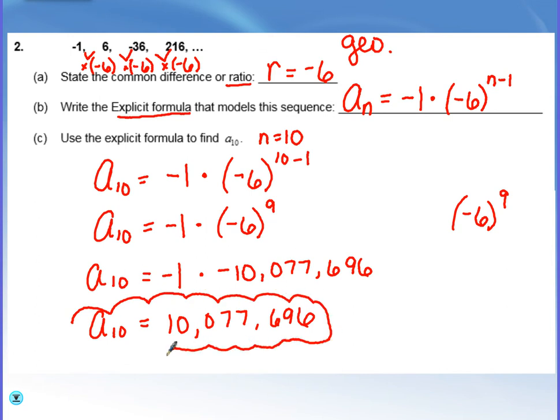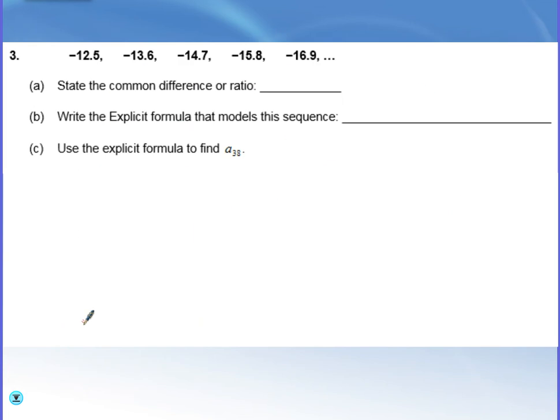Notice we really didn't go all that far, it's just the 10th term, but we get a very large number. That's going to happen with geometric sequences. They're going to grow or decay very quickly. So there are 2 more examples on the back of this worksheet. Nope, 3 more. So let's do number 3, and then you can do the U tries. So 1 more. Together we have here